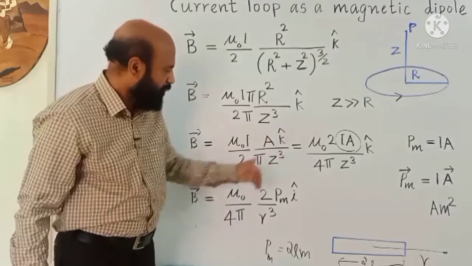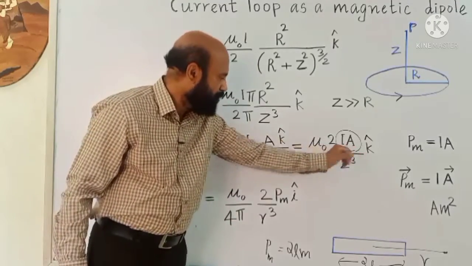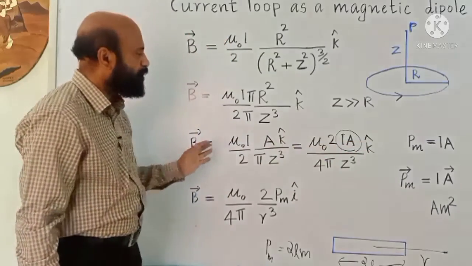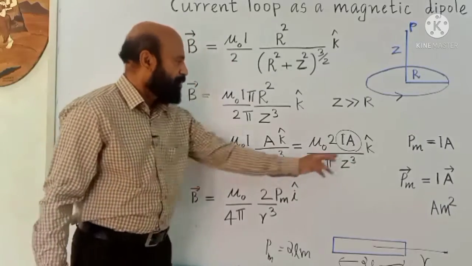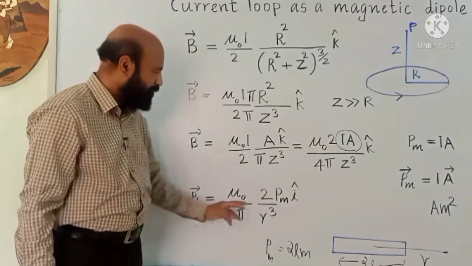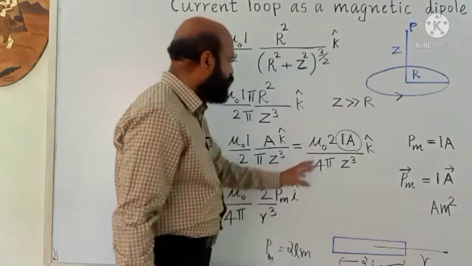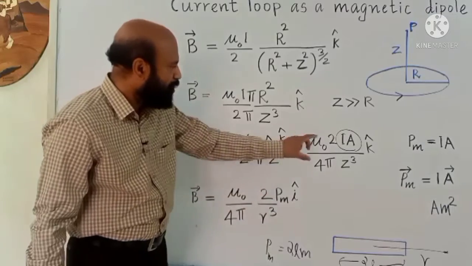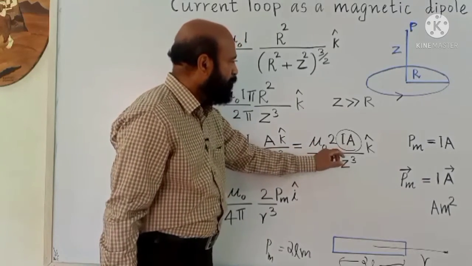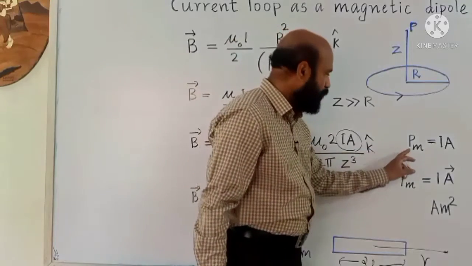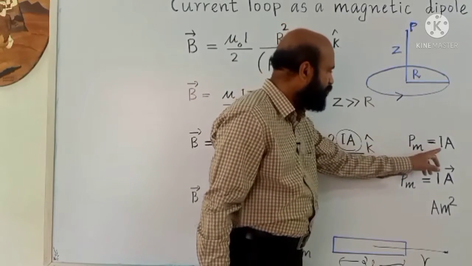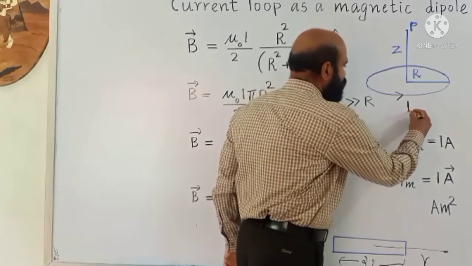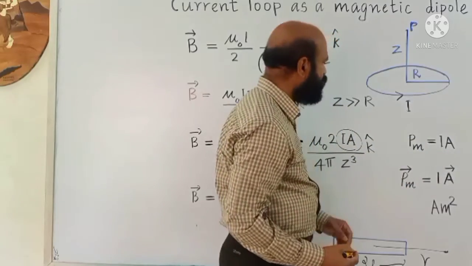Dimensionally we can say this is a vector. It is given by unit vector. The direction of the magnetic field is here given by unit vector K, and here it is along the x-axis, so I cap. So we can see the magnetic dipole moment of a current carrying coil is I into A. So we can say PM, that is magnetic dipole moment of a current carrying coil, is I into A, where I is the current in the coil, A is the area of the coil.